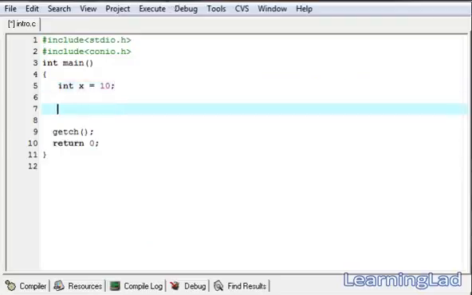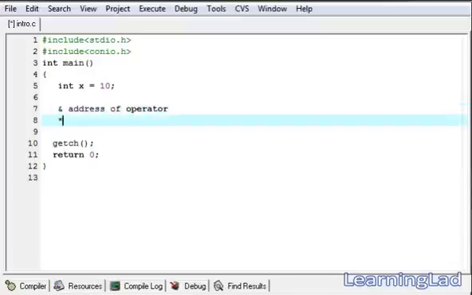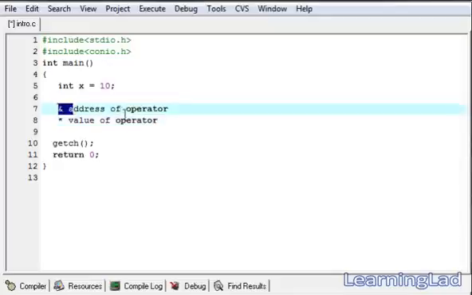Before beginning with pointers, I want to explain two operators. One is called the ampersand symbol, or the address of operator, and another one is called the star symbol, or the value of operator. So this ampersand operator is a unary operator, which means that it takes only one operand. When used with a variable, it's gonna return the address of that variable. Let's say if you use this ampersand operator with this x, then it's gonna return the address of this variable